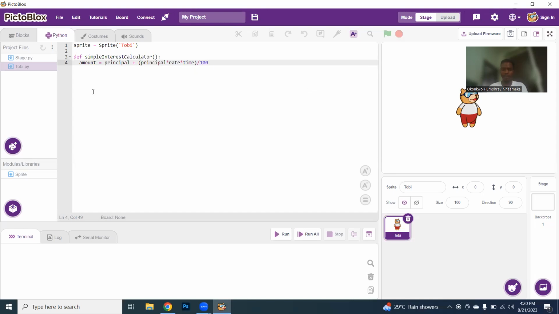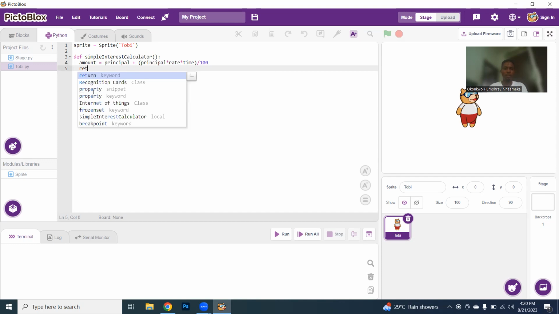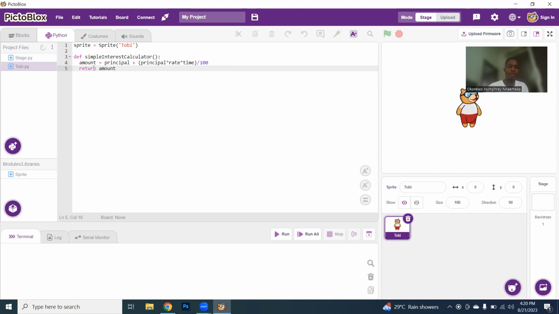After doing this calculation in this function, it will also be good if we return the amount. If I don't want to return this amount from this point, I can actually